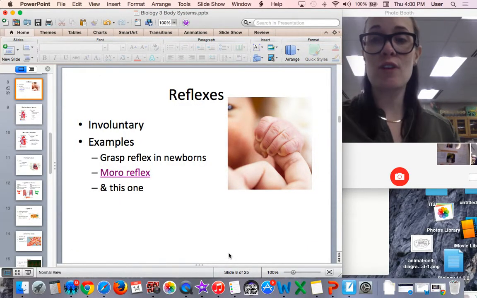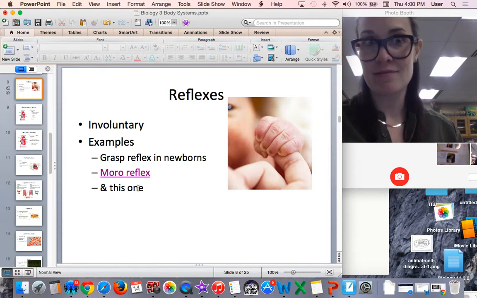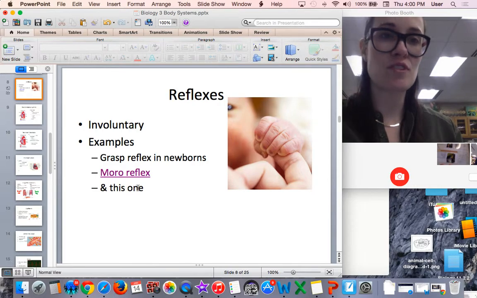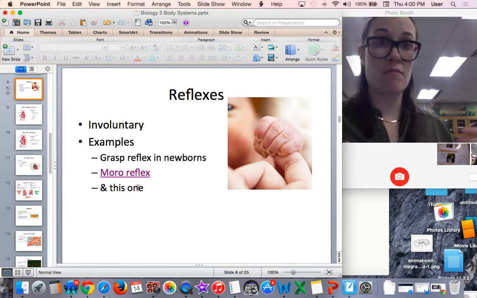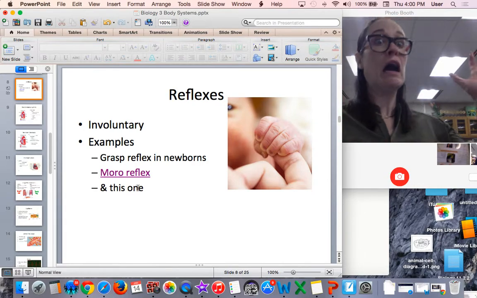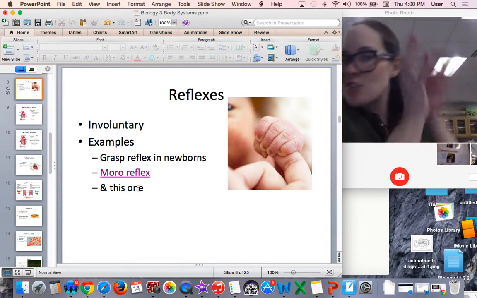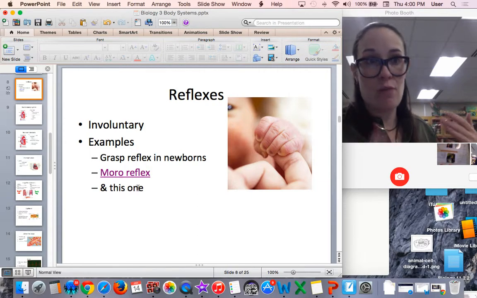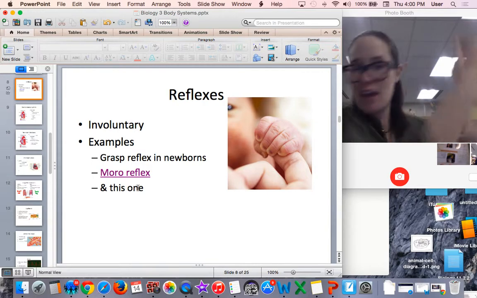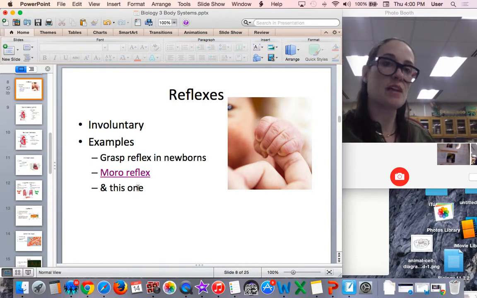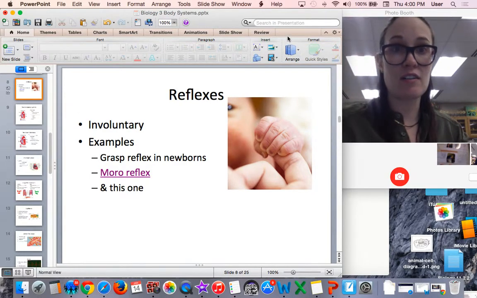And also, this one, I wrote this one, which if I had you in class, I would do it. It's called the startle reflex. So, for some reason, maybe you get sideswiped in a vehicle. Some of you might scream, or if somebody suddenly scares you, you might close your eyes, you might cringe. I would scream if somebody scared me. That is a startle reflex. It's protective in nature, okay? Covering yourself, screaming, that's the startle reflex. So that is the end of the nervous system.